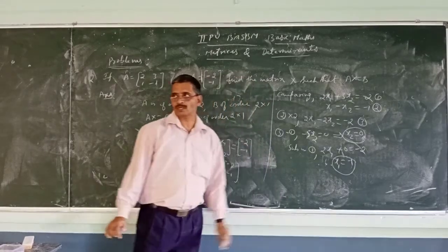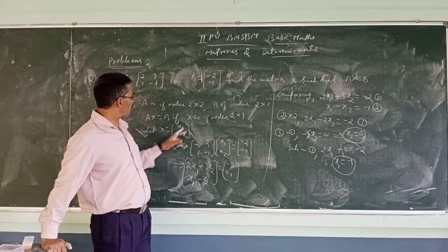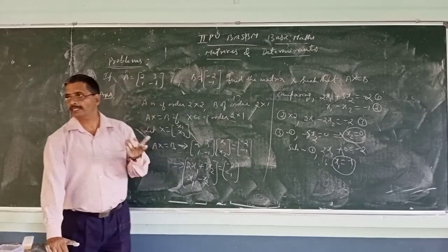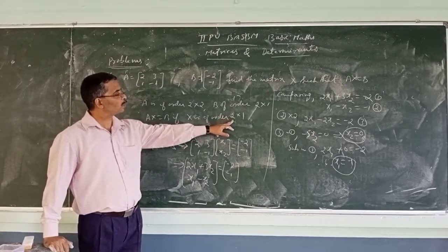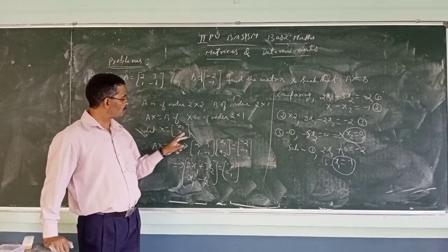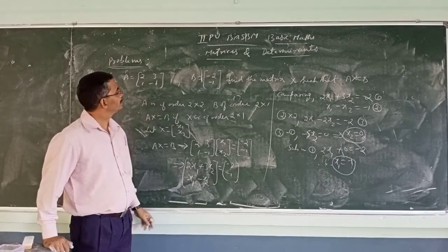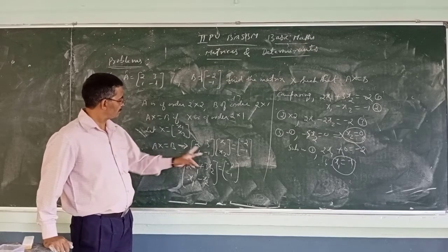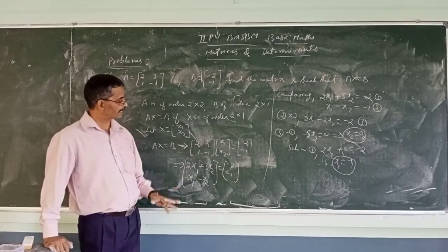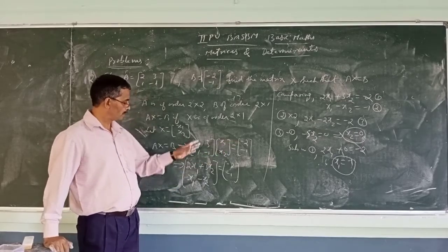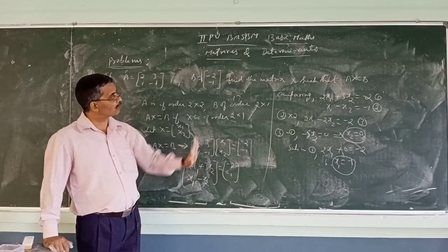So this is how you can solve. Observe, AX equal to B is possible if X is of order 2 cross 1. We can take X as elements X1, X2, two rows and only one column. Then once you have done it, you will use the method AX equal to B, which implies A into X1, X2 equal to this. Then multiply, compare, get the two equations, two unknowns, and simply solve.